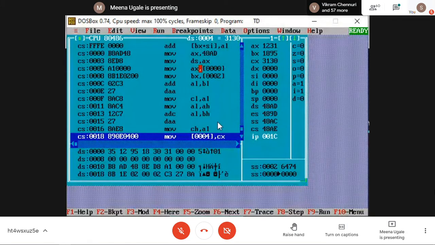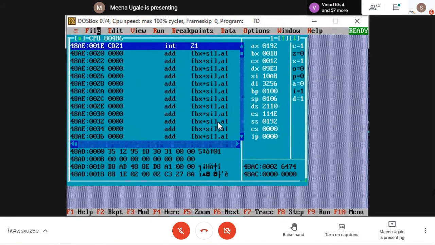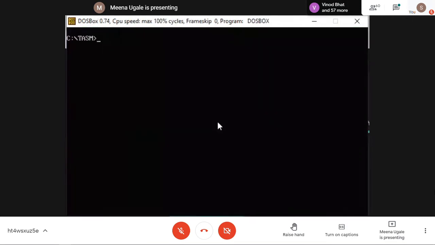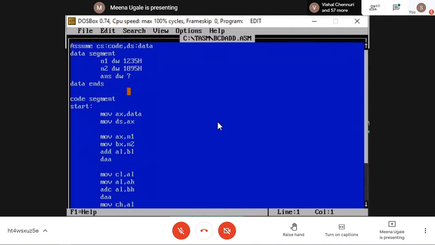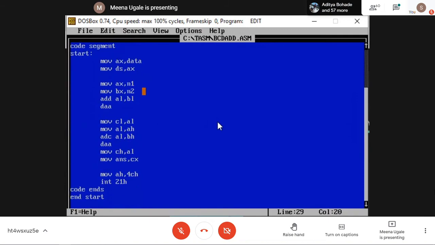I'll stop this program. I'll go back to the screen so that you can see the program there. This is the program. Now you check. See the code segment.